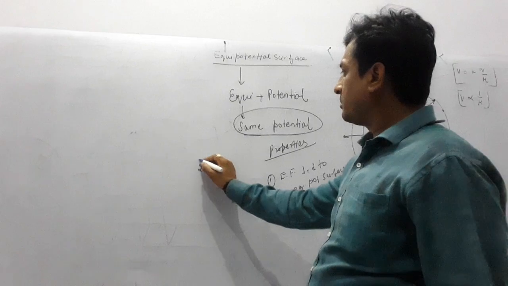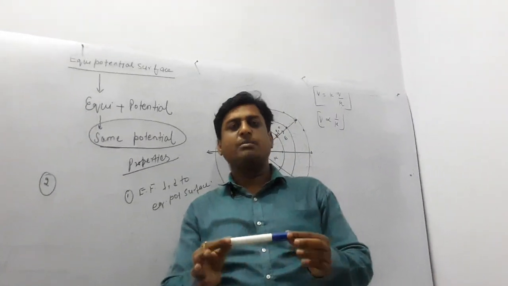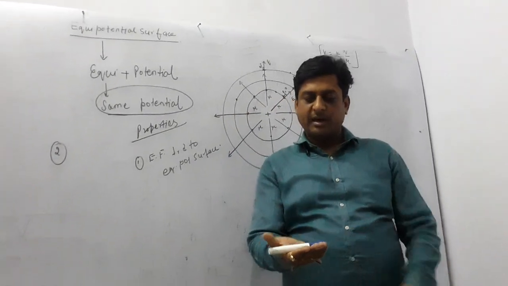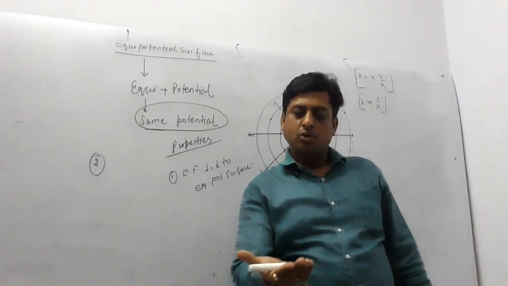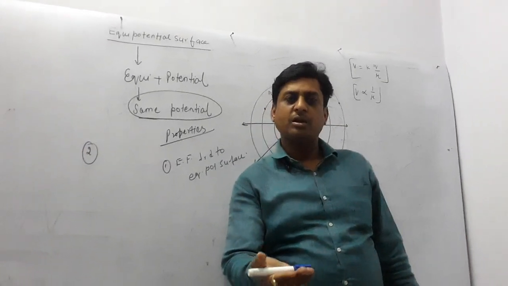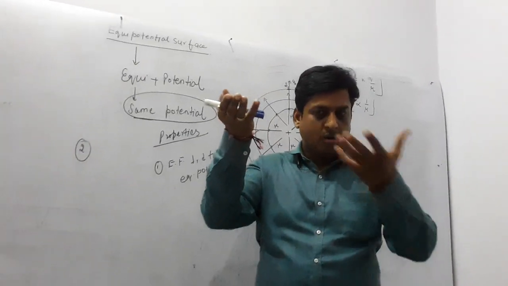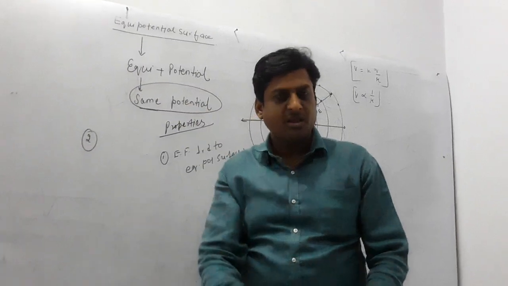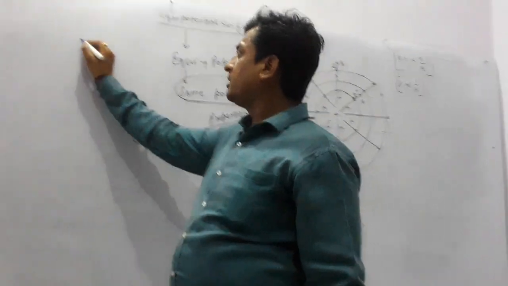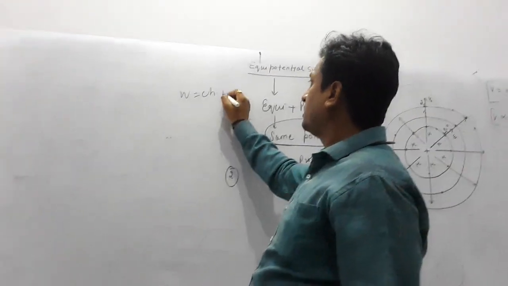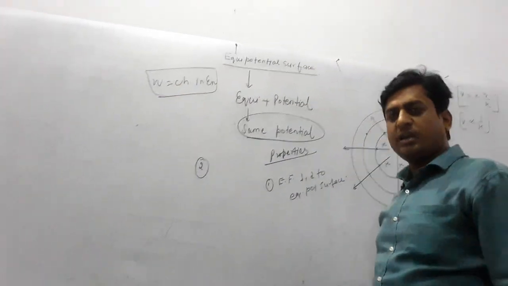The second property is what? I want to show you one example. Like this is a marker in my hand, and suppose that at this moment this marker has 100 joule of energy. Now you are lifting this marker from here to here, and suppose now the energy becomes 98 joule. So what is the amount of work done in lifting the marker from one point to another? That is 2 joule. You have already studied that work is always the change in energy. Remember this formula. Work is always the change in energy.